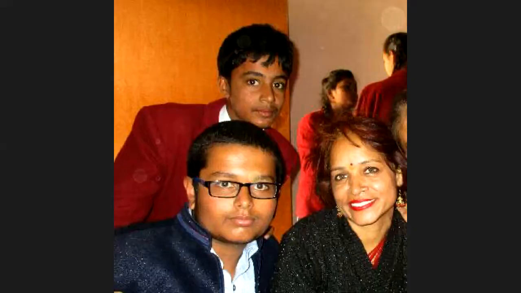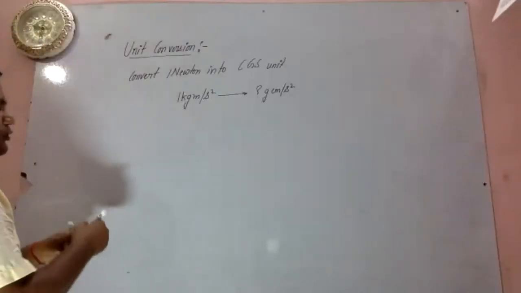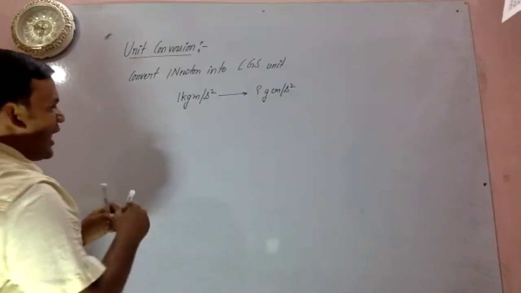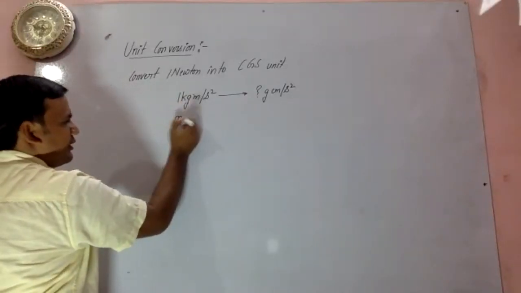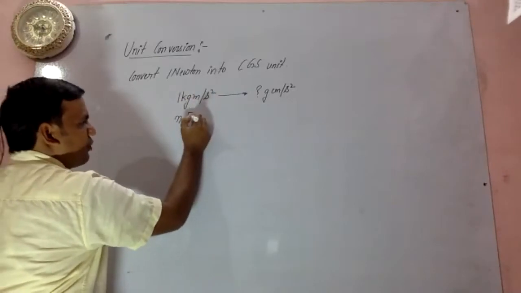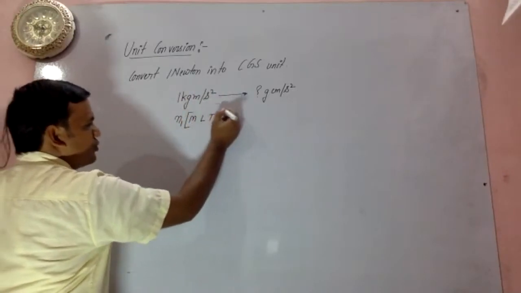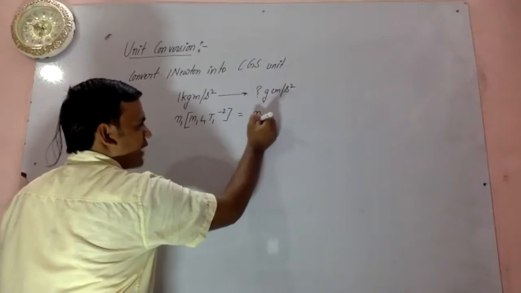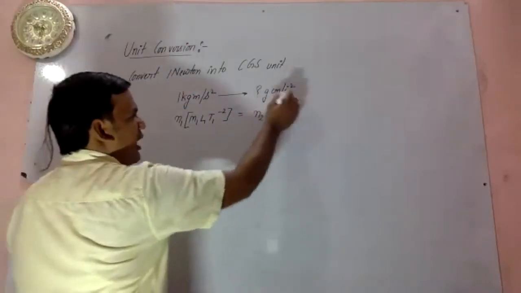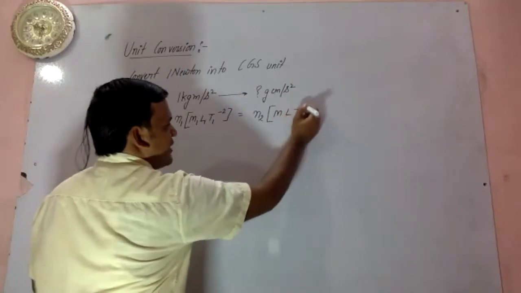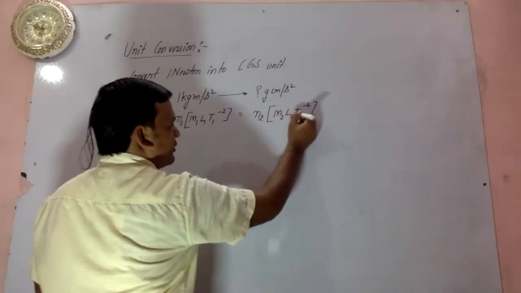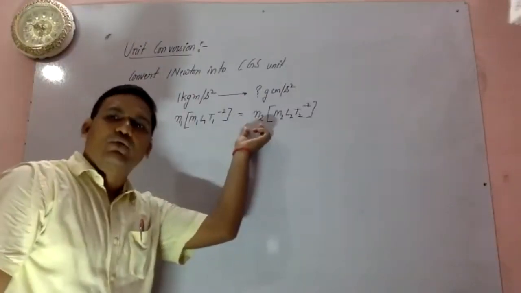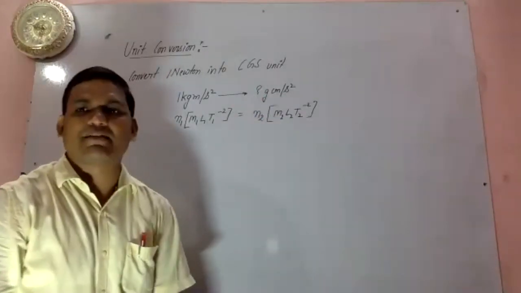Yes, sir. Okay. So you need to write the dimensional formula of force. Like this, you have to write the N1 and the dimensional formula of force, which is MLT minus 2, and you have to write 1 here. Here you have to write N2, and the dimensional formula of once again the force will be MLT minus 2, and you have to put 2 here. So what you need to calculate? You need to calculate the N2. This N2 is to be calculated using the dimensional analysis.